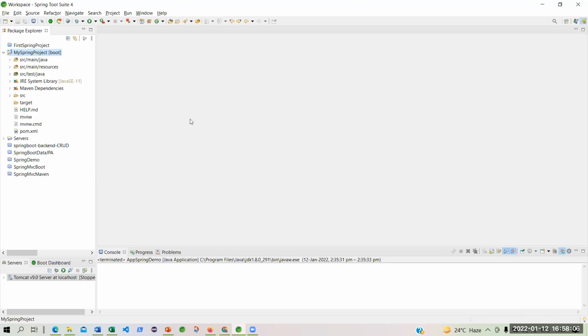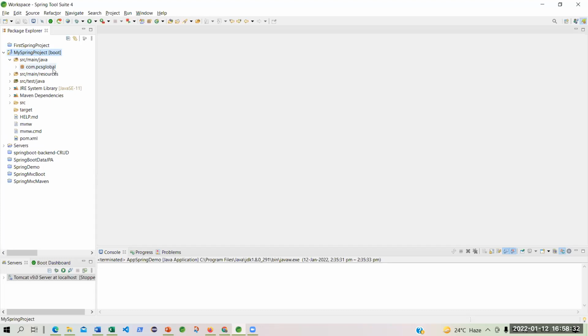I will open this. Do you see that earlier we were only seeing the src, right? Now you are getting something more than src. You are getting src/main/java. This is the Spring Boot initial folder, under which, remember, we have created a package.